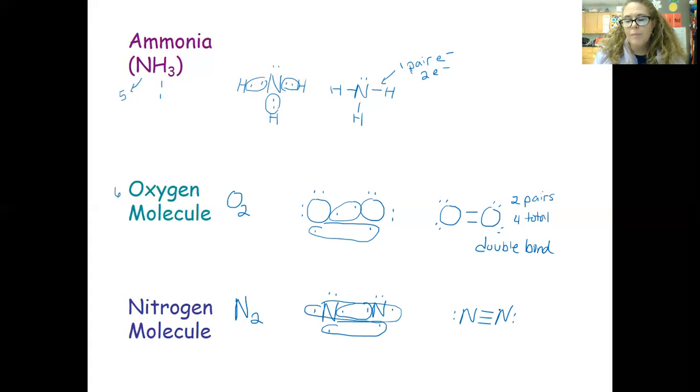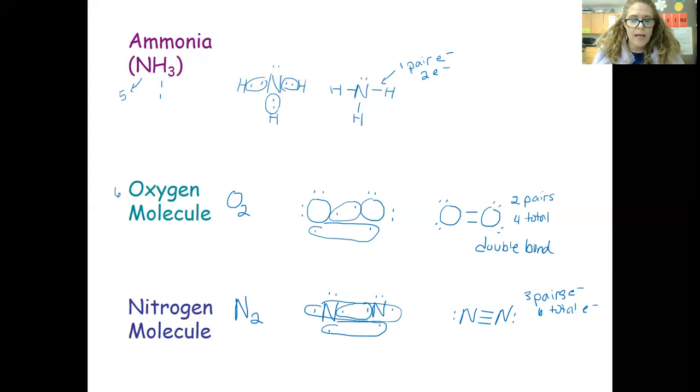Why didn't I put them on top? Because remember, negative charges repel. This whole cluster in the center is 3 pairs of electrons, or 6 total electrons. And those are negatively charged particles. And these electrons over here on the outside are also negatively charged particles. So they're actually going to go out to the outside. If you stuck them on top of the nitrogen, you'd probably still get points. It's just, let's finesse it by spreading out the pairs so that they're as far away from each other as